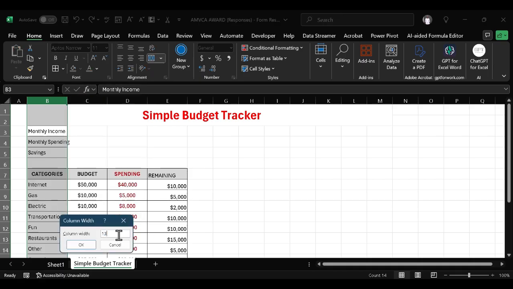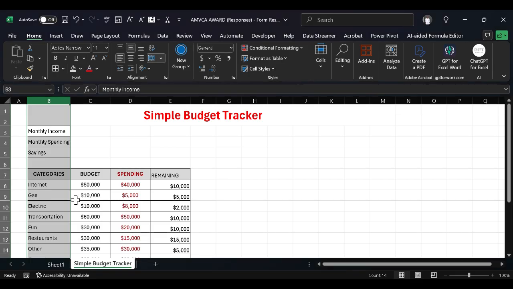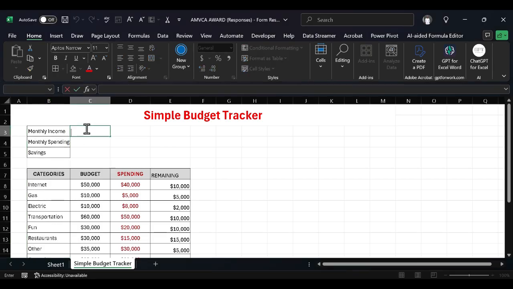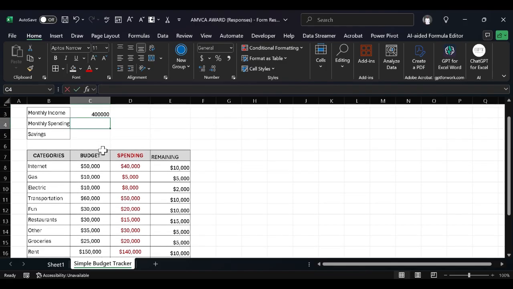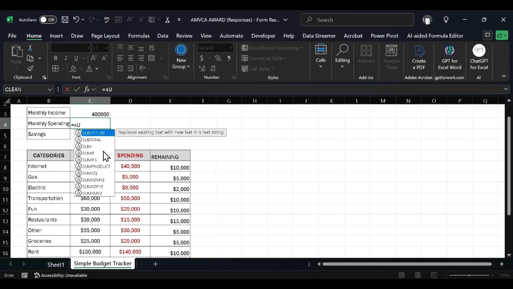Then okay, let's increase this to 14. Good. Then for monthly we have 400,000. Then for this we just need to calculate it. So we just need to say equal to sum